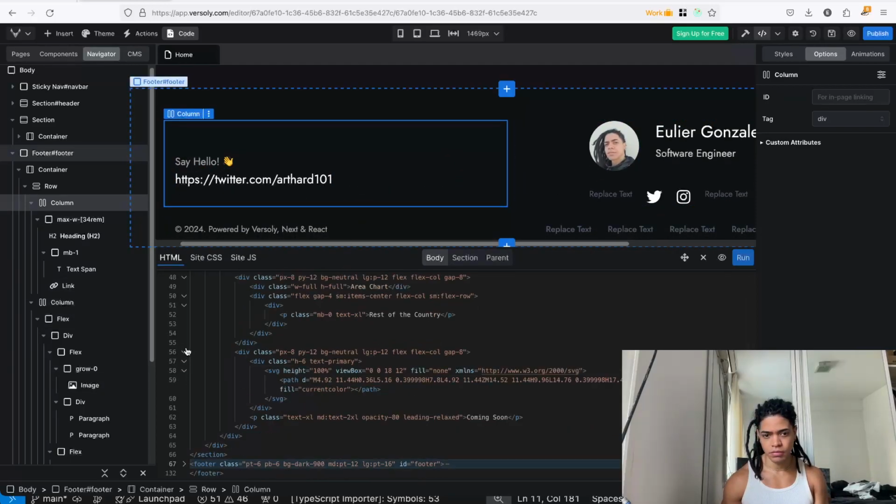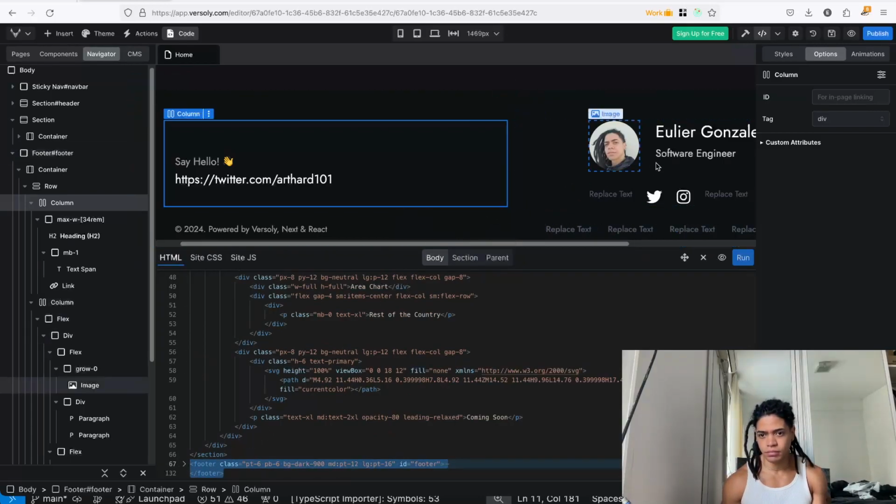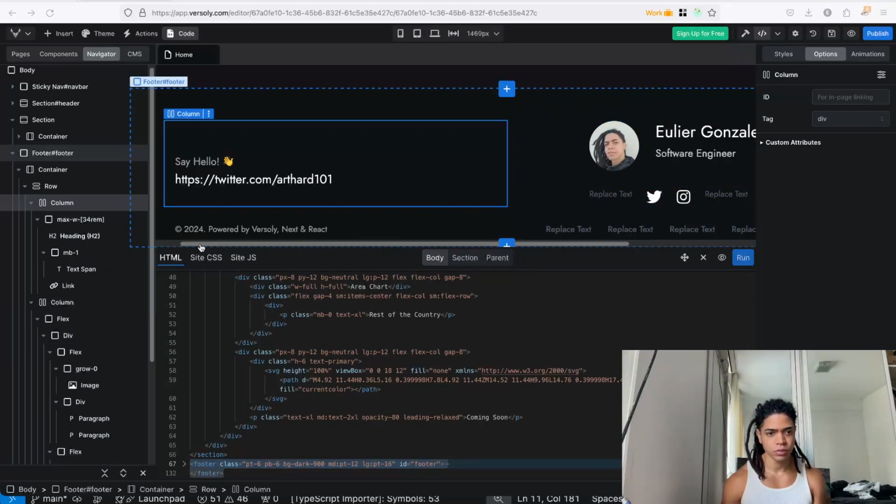In fact, that'll be the footer. Much better. This will be our footer.